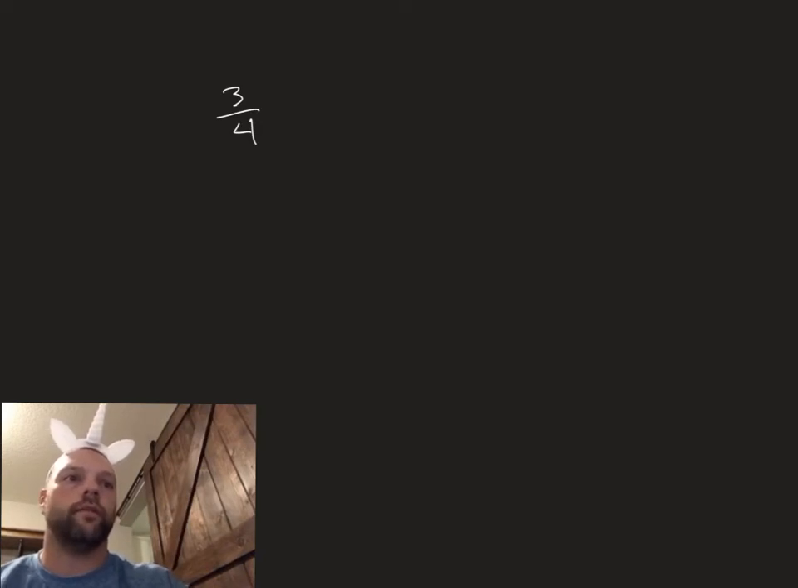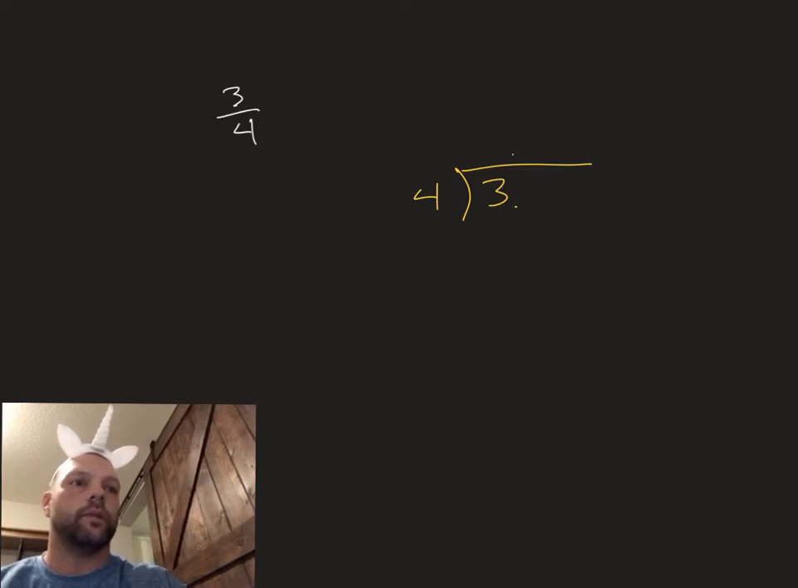We have 3/4. So remember, the top number is going to go inside the house. The denominator goes on the outside. So if I look at this, 4 goes into 3. It is not possible, so I add a decimal, bring the decimal straight up, add a 0. 0 does not change the value of my number. So now I'm looking at 4 going into 30, which is going to go in 7 times,